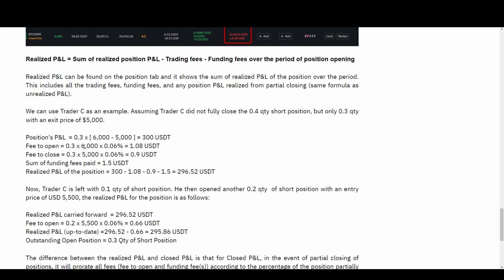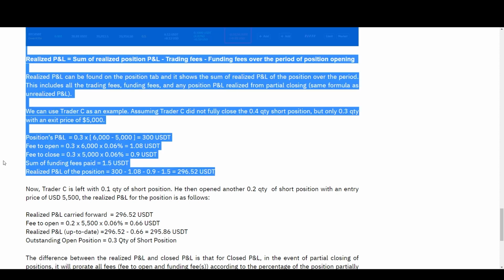Because again, that's where taking partial profit and all this other stuff runs into issues, with your fees and stuff like that. Somehow I would have to, or I could do the fee at the very beginning, and then just in this realized P&L, remove this fee to open, and then just do a fee to close. And then, I think I'd rather just do all of this at the end, because